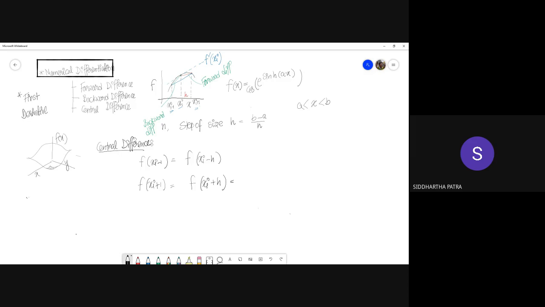So now this thing can be written as f of xi plus h times f prime evaluated at xi, plus h squared divided by 2 factorial times f double prime evaluated at xi, and I'll explain why I am writing this many terms. Then comes h cubed divided by 3 factorial f triple prime evaluated at xi, and then order h to the power 4.